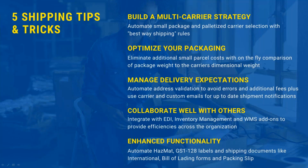Right. We also, any EDI solution, inventory management, WMS systems, we plug and play with. So we get along with those solutions out there. And then if anyone is doing things like hazmat, with EDI, we can generate 120A labels or UCC labels. As you see, any international documents, bill of lading forms, packing lists. So really